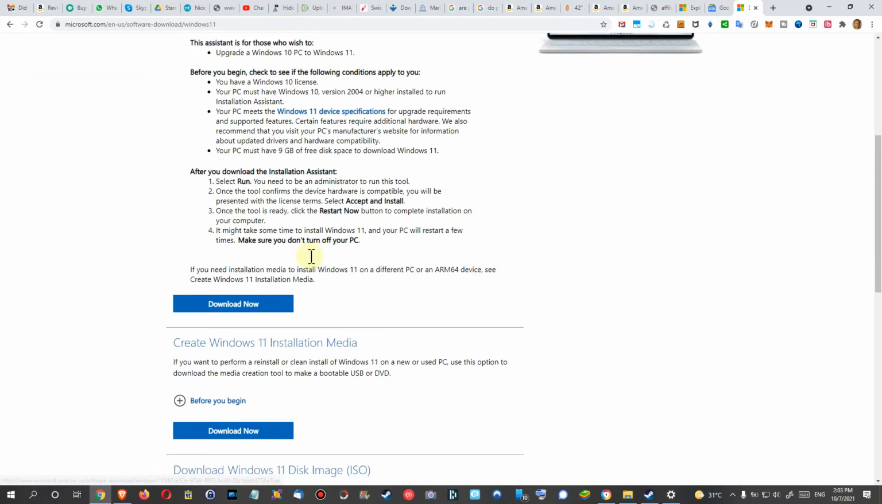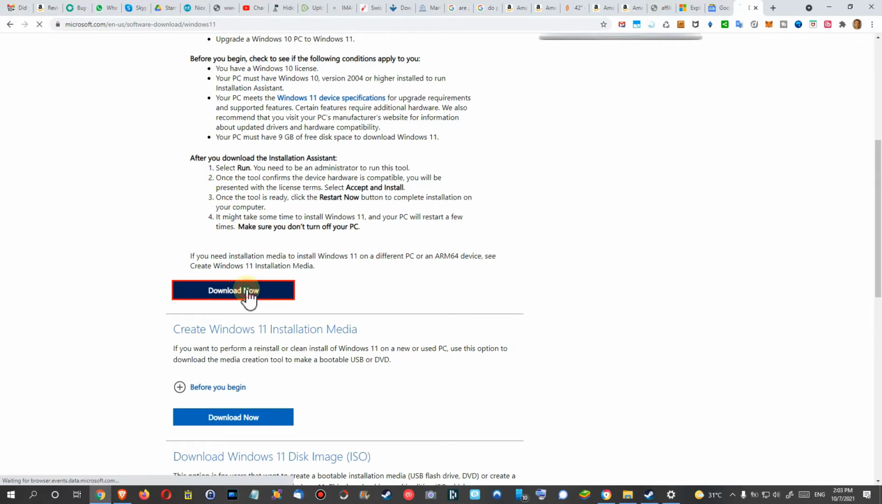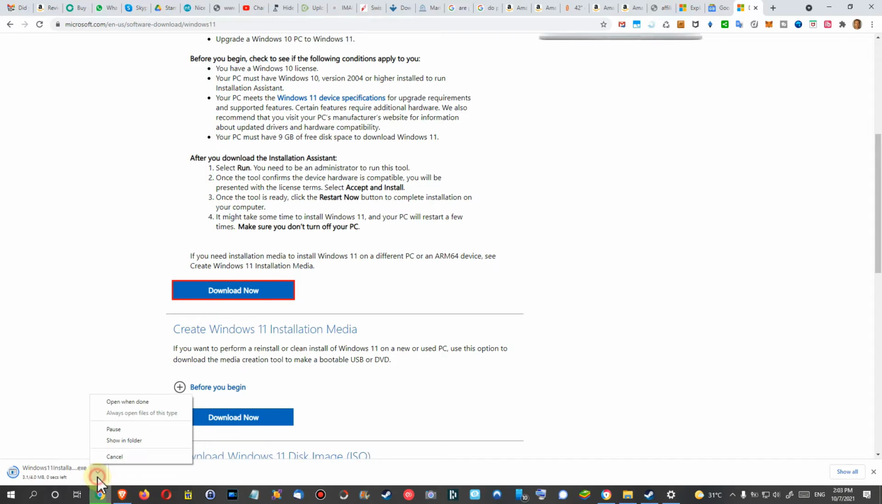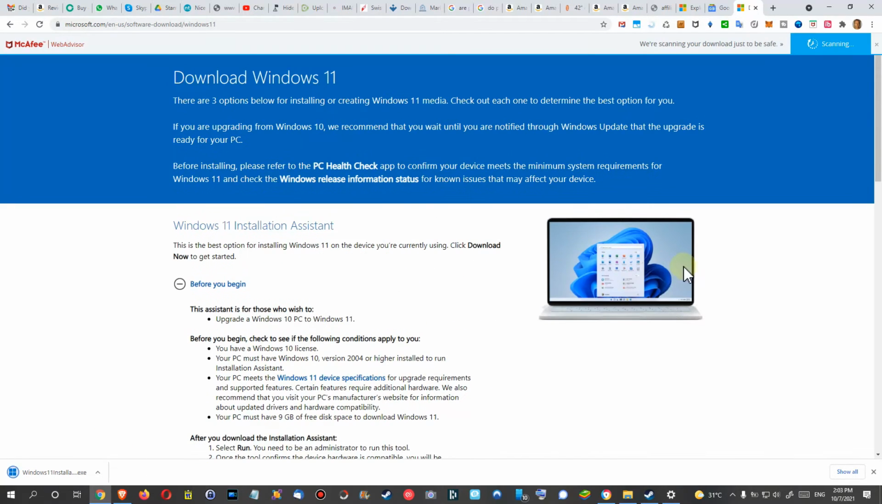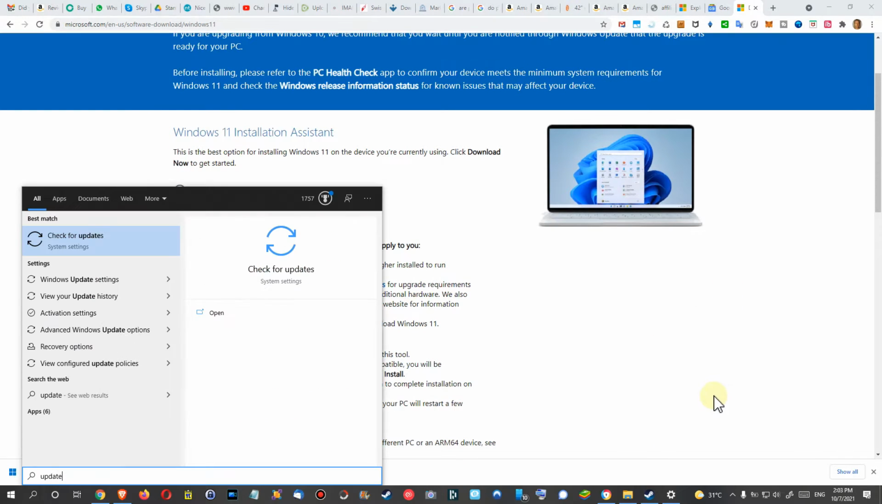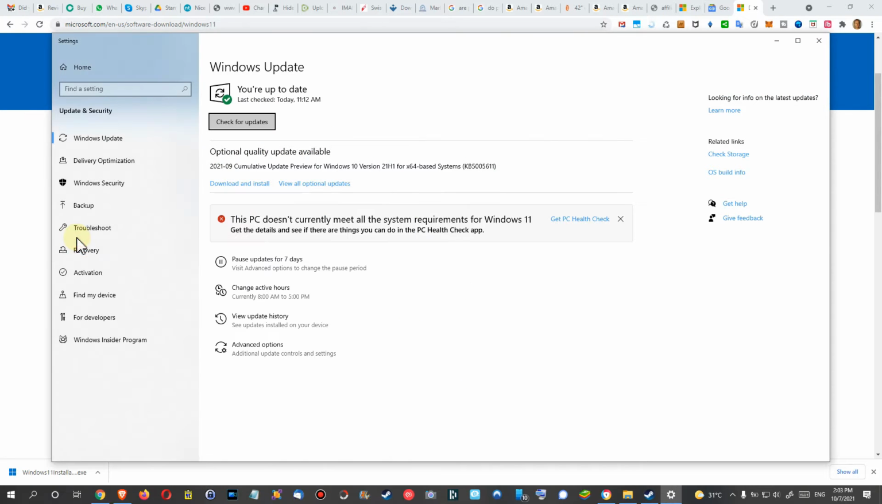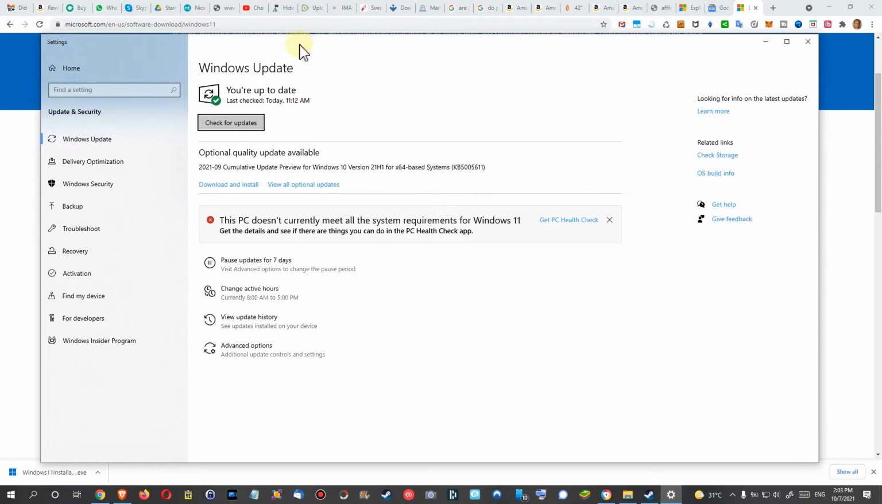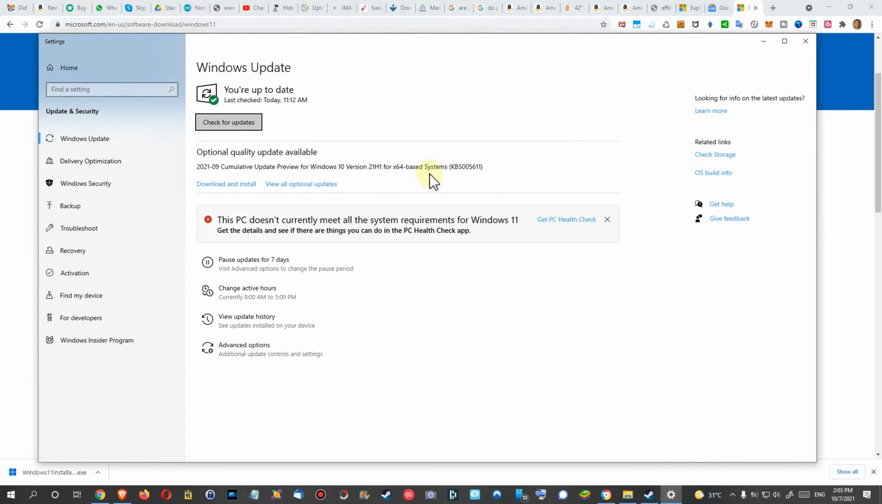Of course it's always good to check the requirements, and you can click here and download it from here, but it's actually advised to do it another way. When you hit the Windows key and type update, you'll find Check for updates, and it brings you to this page where you can check for updates and download and update directly from here. Or use the website which I showed you previously, but make sure that you check the messages here. In my case it says this PC doesn't currently meet all the system requirements for Windows 11,